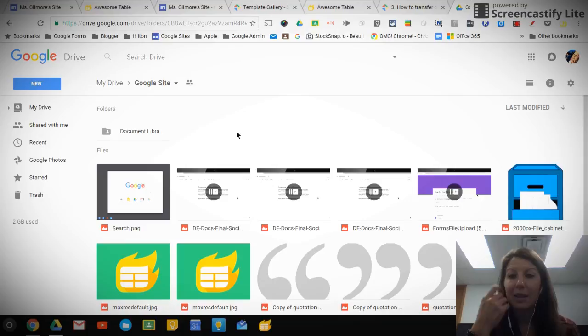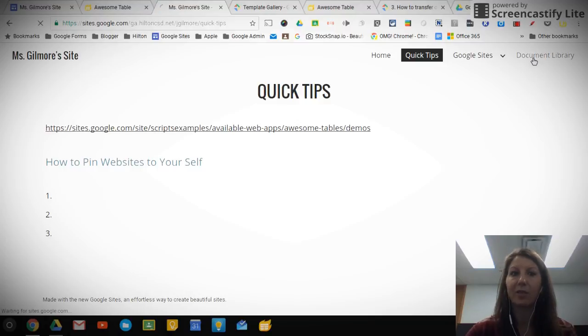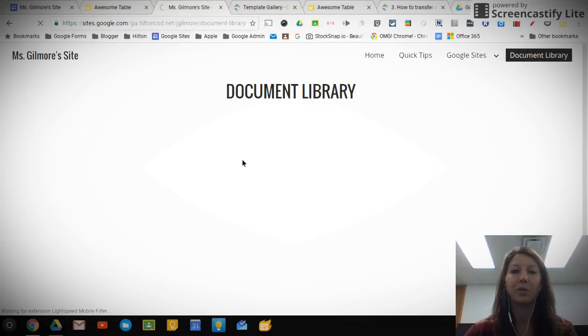Okay, so the last thing that I'm going to show you is how to make that document library on your site. So that document library that looks like this. And you can have a document library on multiple pages, and it's super easy to implement onto your Google site. So it pulls in the document library just like it did the awesome table, and then you get this